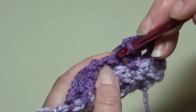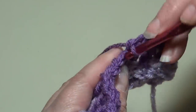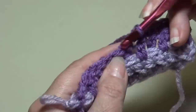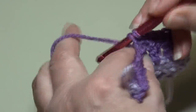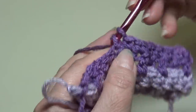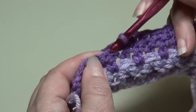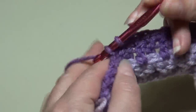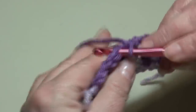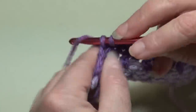And you're just going to continue working 1 single crochet in each stitch across. Insert underneath those 2 strands and work a single crochet. Insert underneath those 2 strands and work a single crochet. I'm just going to go ahead and work my stitches right across the row because we don't have that many stitches to go. Insert underneath the top 2 strands, and again, if you have to turn your work towards you, I have to do it at times. I turn it so I can see those stitches. Work that single crochet, continue across,